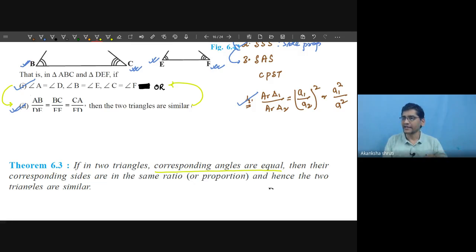Corresponding angles are equal. So how many angles? Three angles, so all three angles should be equal. It means that their corresponding sides are in the same ratio, or proportional. Okay, it simply means if we are given